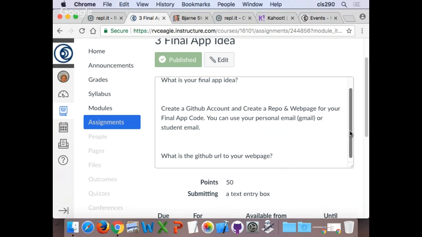And right now, I want you to be as open as possible with the idea. I don't want you to be granular in the app idea right now. Just be open. And then at some point, I will meet with you individually and say, okay, we're in week 8 or 10 or whatever, let's find out what you can do between now and the end of the semester to actually have something completed.